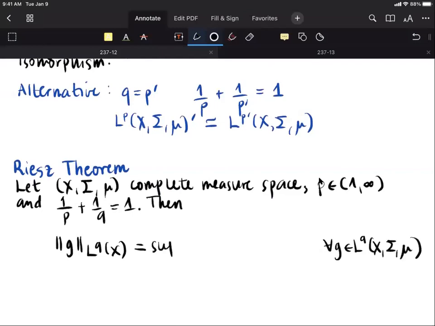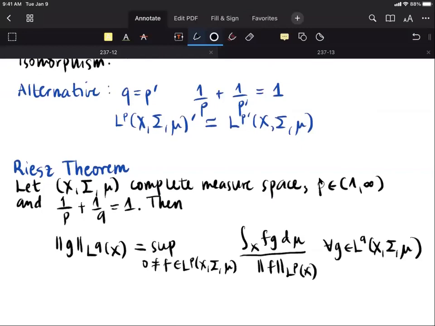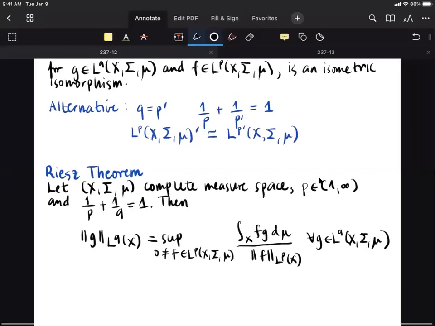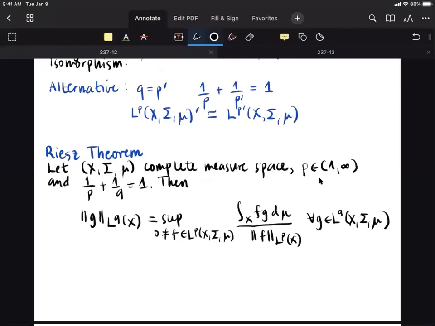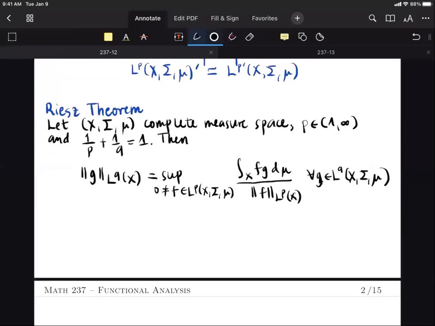It is the same as the supremum over all non-zero F in LP of the integral of the product F and G divided by the LP norm of F. So to establish this theorem,